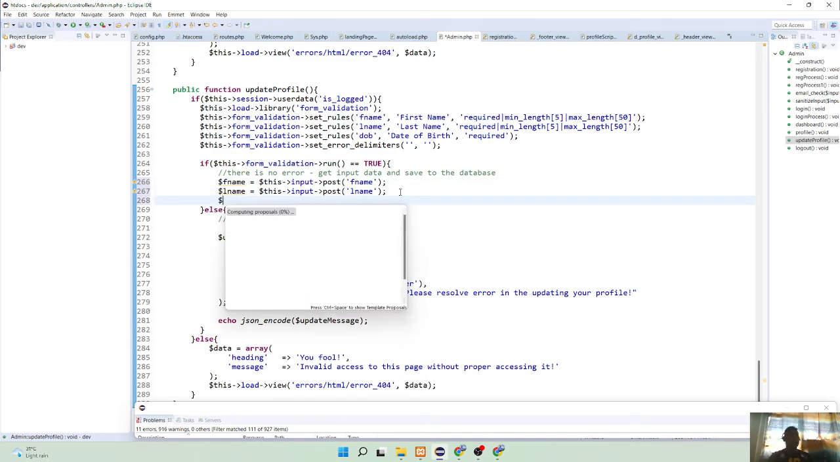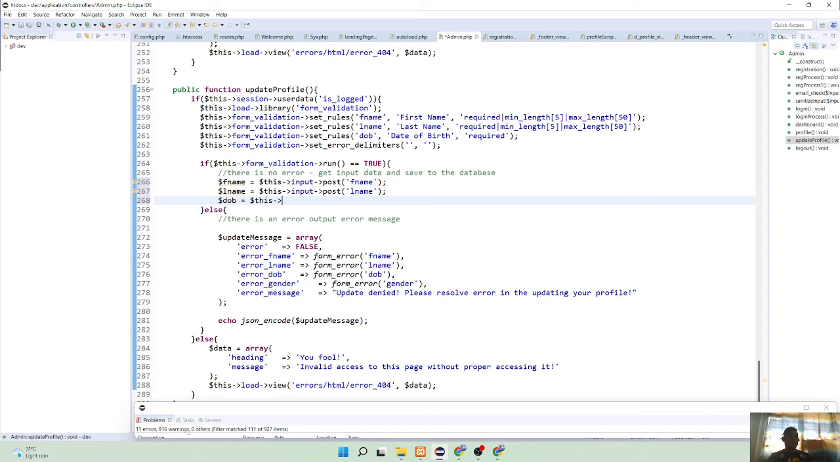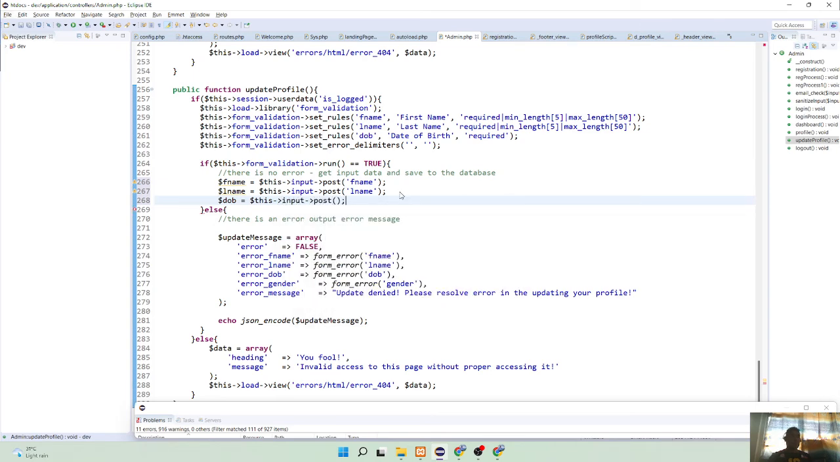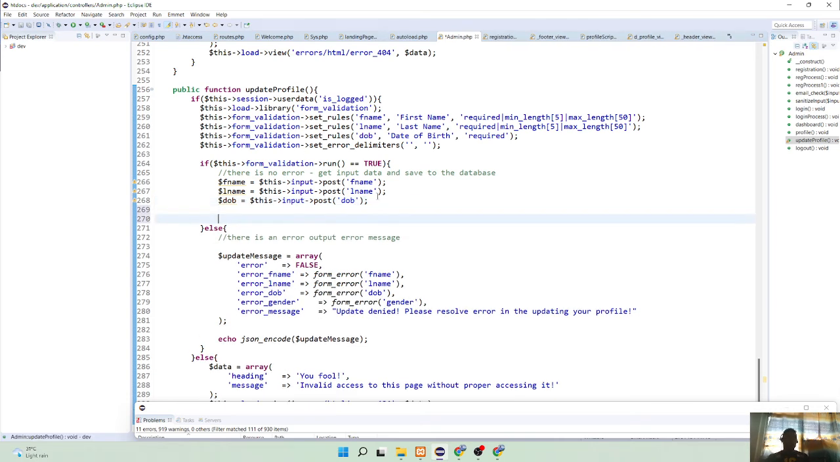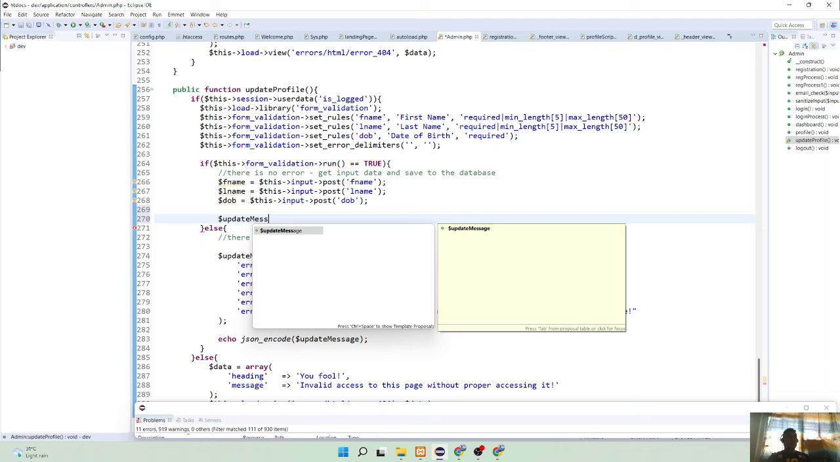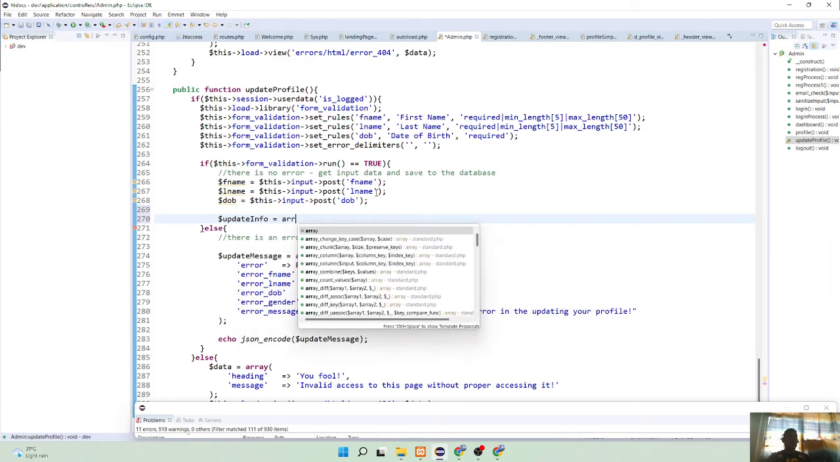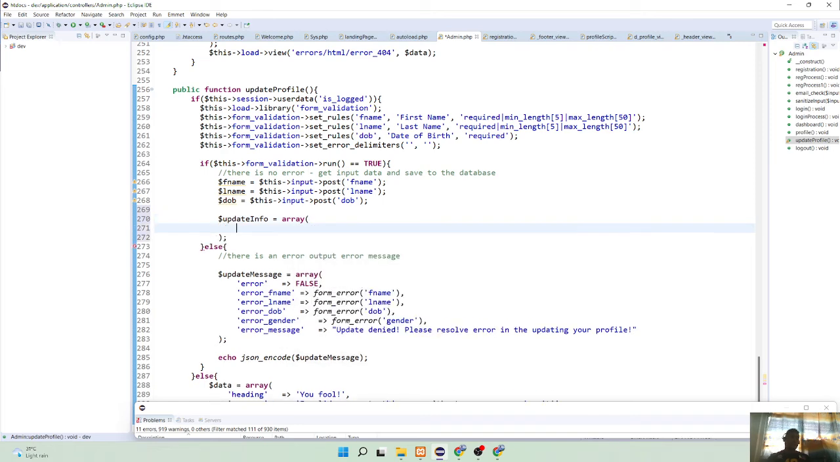Okay, and lastly is the date of birth, DOB. This input DOB. So we have now gathered the data that we need. So we can check it by just doing this one. Update, we can just say update message, or we can type update info if you want. Array,